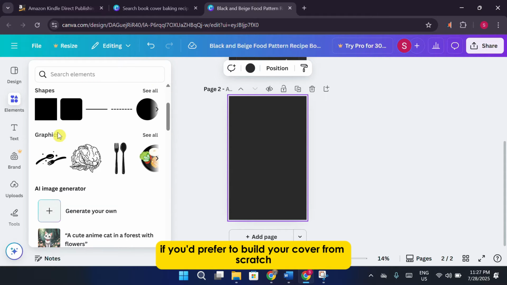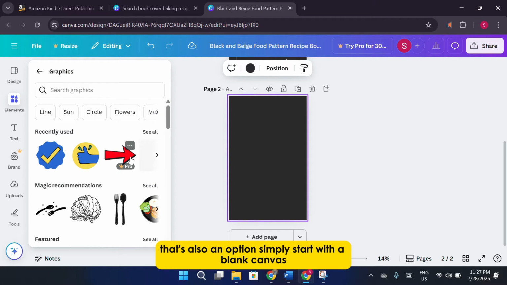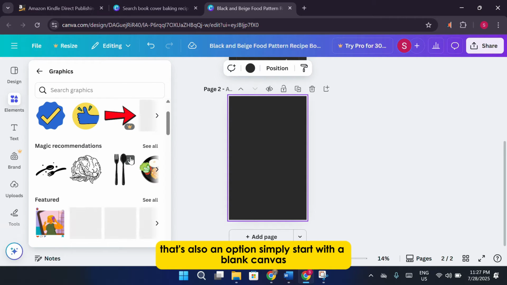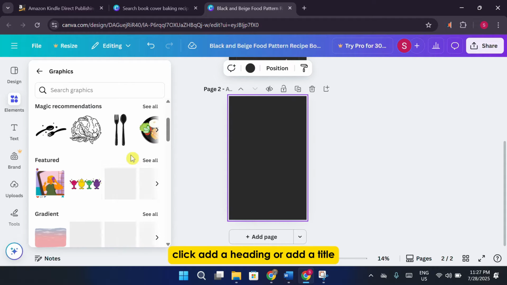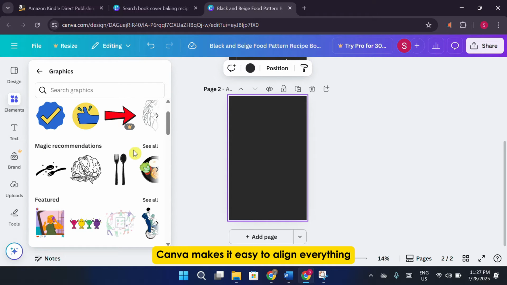If you'd prefer to build your cover from scratch rather than customizing a template, that's also an option. Simply start with a blank canvas, click Add a Heading or Add a Title, and begin adding your own elements one by one. Canva makes it easy to align everything, select colors, and apply professional fonts so your cover looks